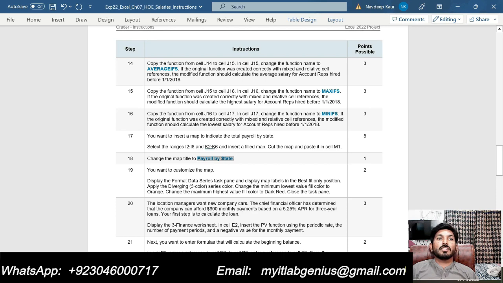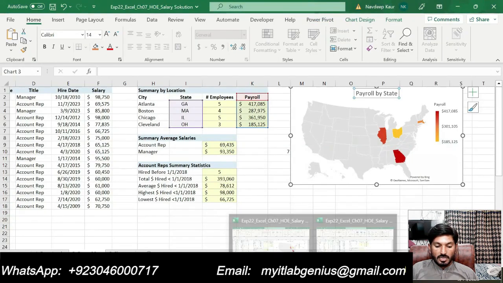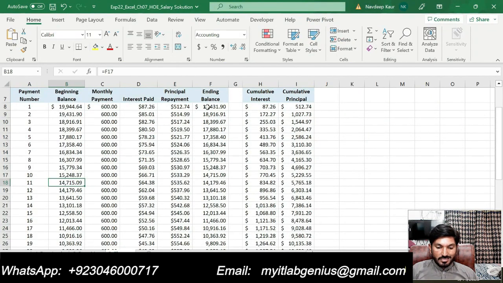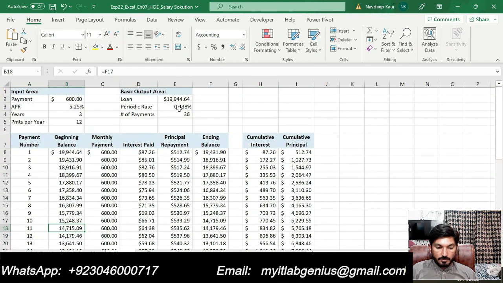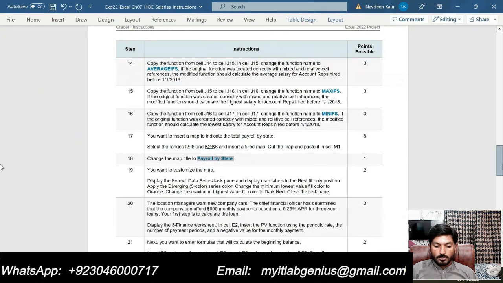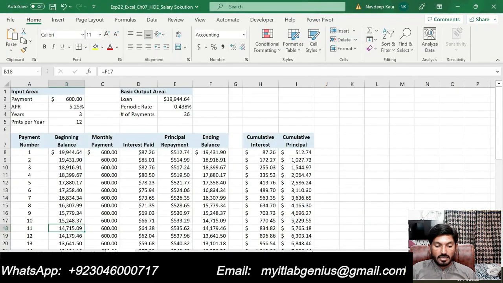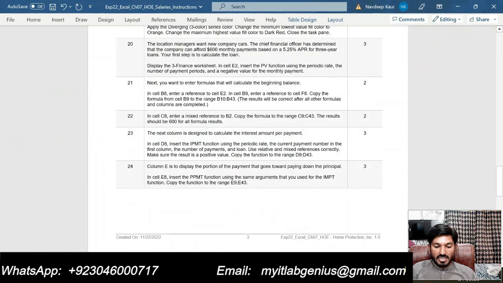Then display the finance worksheet and in the cell insert the PV function. So let me show you this one. In cell E2 we are supposed to insert the function. This is cell E2. So we calculated the loan by using the formula, that is the present value. After that, we are supposed to calculate in cell B8, enter the reference to cell B2, we will enter the reference to cell B2 in cell B8. So that is our step number